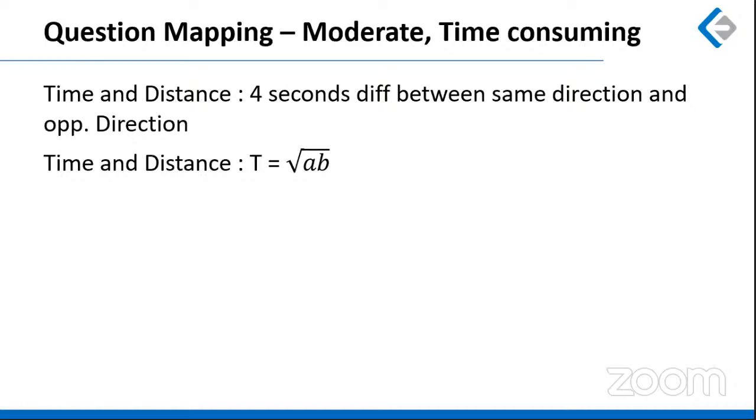Another question where two friends were asked to erase a board, and they meet at 3/5 of the area of the board. If one person is completely erasing the board, he takes 10 seconds more. So that is where we realize that in order to do 2/5 of the work, he is taking 10 seconds. So in order to do the complete work, he will be taking 25 seconds. And the time required for both of them to meet was 15 seconds because the first one was completing 3/5 of the work. So once we realize that T is 15 seconds and A is 25 seconds, we can calculate the value of B.